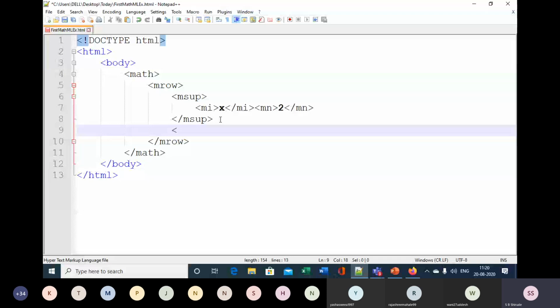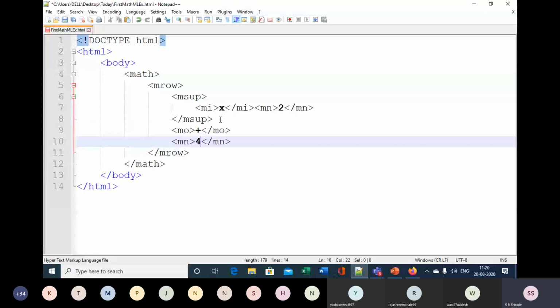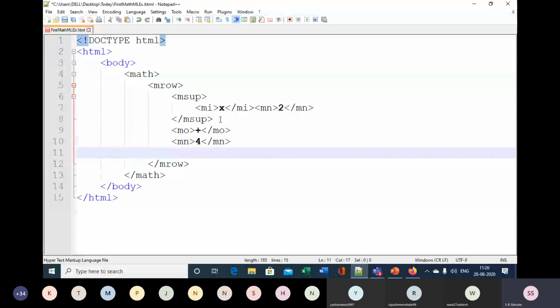After that, x square plus 4x. 4 is again a numeric literal. So mn, and inside mn put 4. So x square plus 4x. We want 4x. So after 4, we have x, which is an identifier. So put mi x.